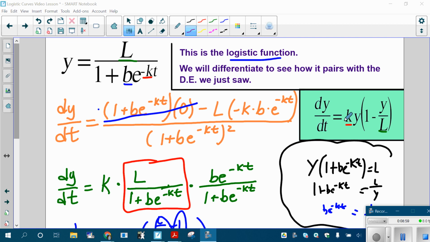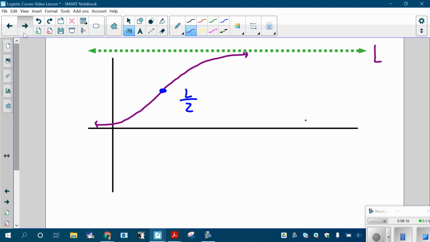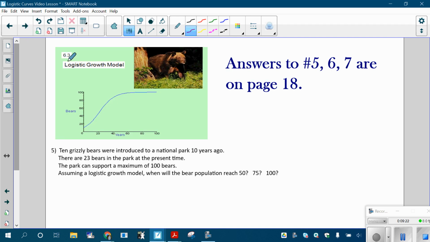You want to know that the solution to this differential equation looks like this. This needs to be a fact that you have memorized. You see a differential equation that looks like this, you do not separate the variables. You do not do what we've been doing. You recognize that the solution is going to be logistic. You have to know that. Okay? Well, I'm going to run through 2 examples with you guys. Remember, these functions we're talking about look like this, and this is going to be really helpful.